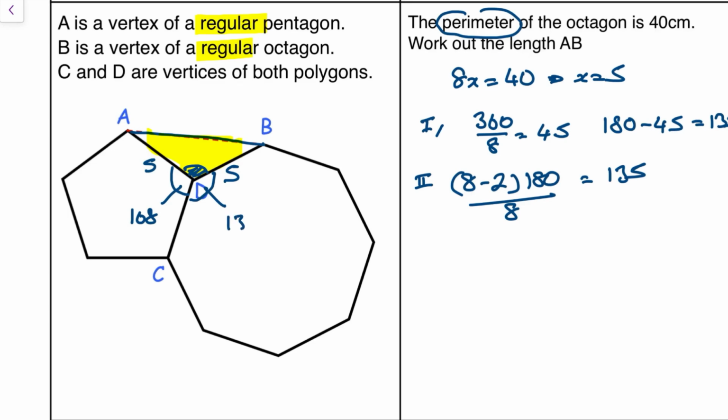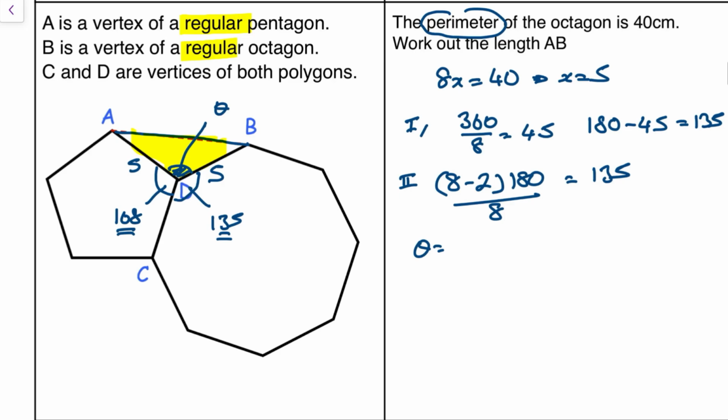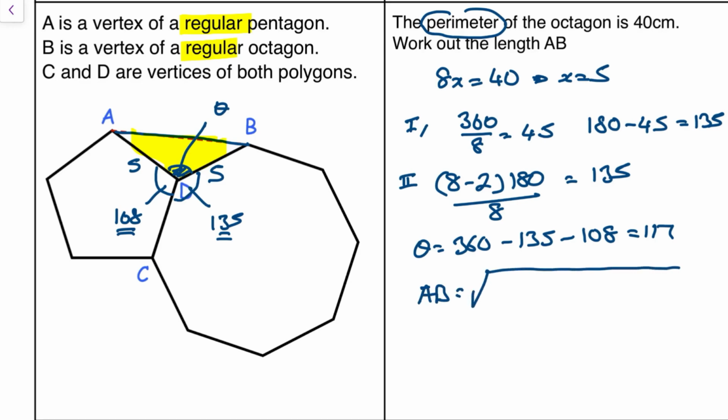Either way, I know this is 135, I know this is 108, so it means that this angle here, which I'm going to call theta, is equal to 360 minus 135 minus 108, which is equal to 117 degrees. I have a triangle, I have two sides, I want the opposite side, it's a cosine rule question, so therefore the length A to B is equal to the square root of, notice I always do the square root at the start, it means I don't forget to do it. Quite often I see people forget to do the square root part. So I write it in nice and early. So that's going to be 5 squared plus 5 squared minus 2 times 5 times 5 cos of 117,